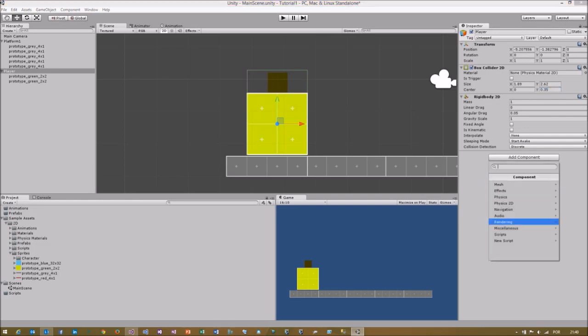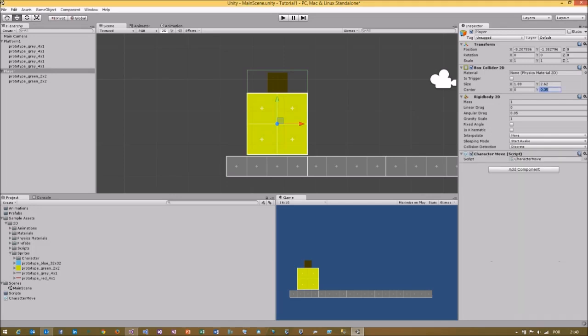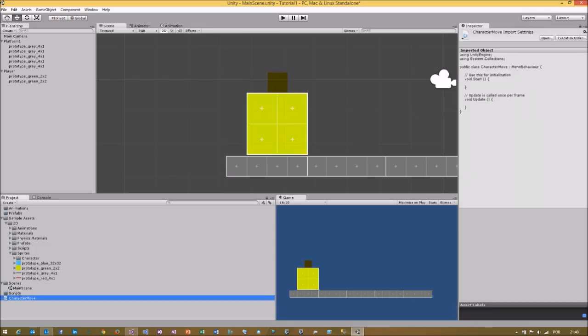Another thing we will need to add is a script. Okay, not these ones. You need to create a new script. We will call it, well, you can call it whatever you want. I will call it character move. Okay, you can select from 3 different languages, but I will use the C# to do so. You can see the new script in the Assets Explorer, but we need to put it in the correct folder. So just drag and drop it to the scripts folder,